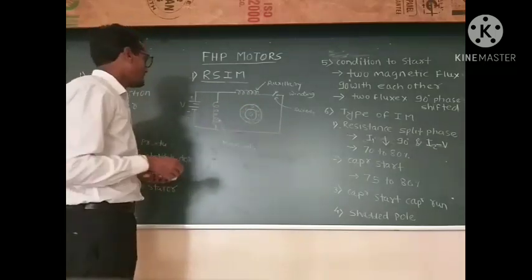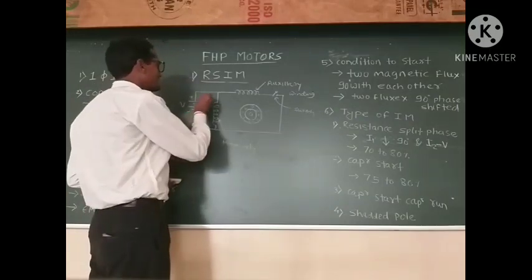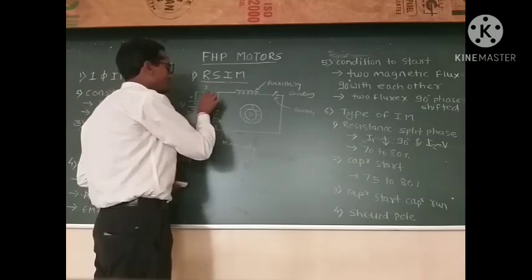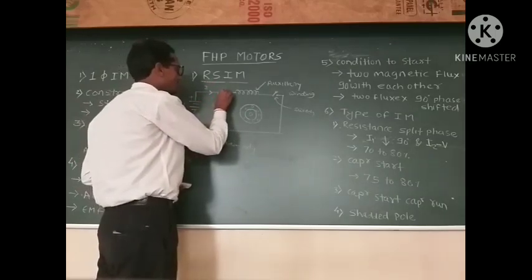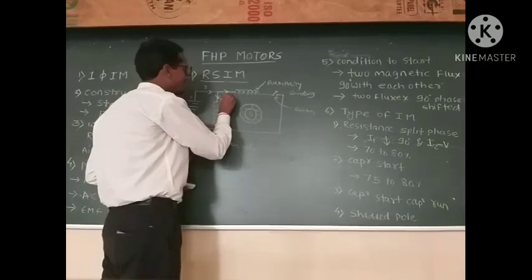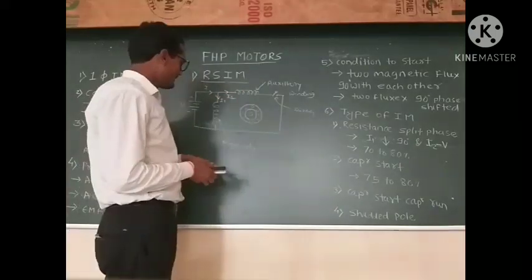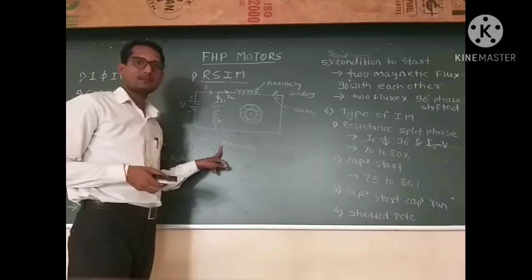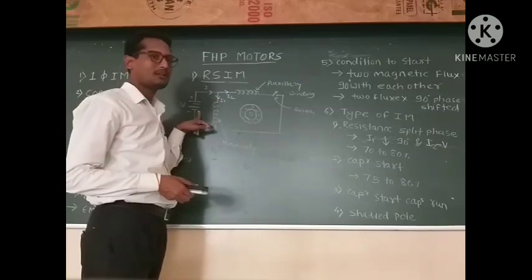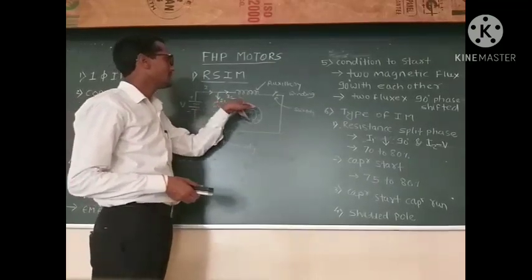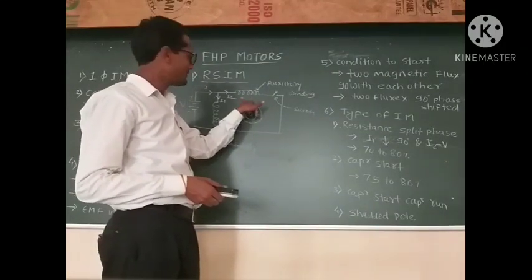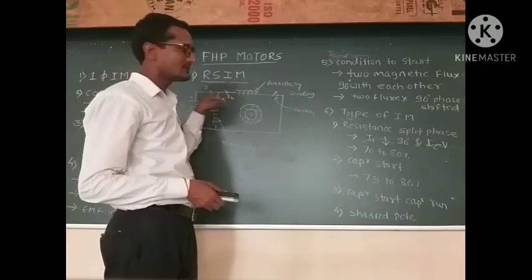Now, what is the working of this type of induction motor? Let us discuss. If the current I, that is the total current, starts from this point, this current is divided into two parts. First current is called I1 and second current is called I2. The main winding is highly inductive in nature. Because of that, the main current I1 lags behind the supply voltage V1. And the second winding, that is auxiliary winding, is highly resistive in nature. Because of that, the current I2 is in phase with